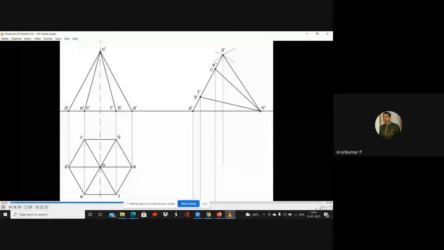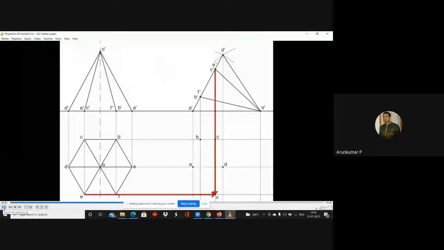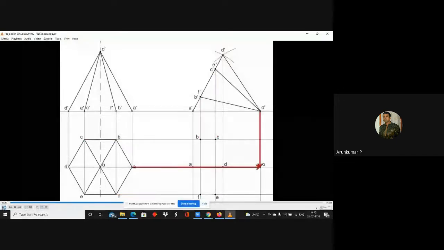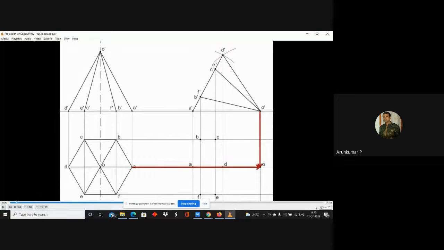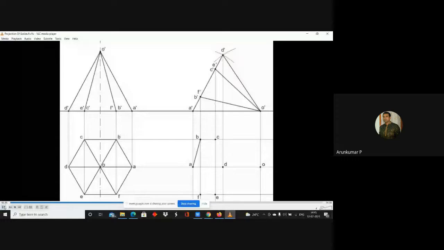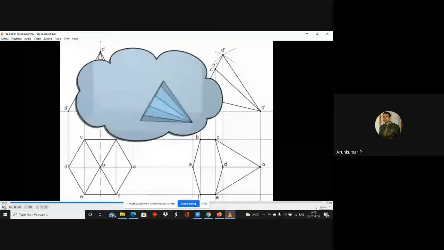Then you draw the vertical projections, make them intersect with the horizontal projections. And then one by one, you mark the intersection points. So there will be 7 intersection points, 6 for the base and 1 for the apex in this case. So this is how the intersection points are marked, and then you draw the top view. So in the top view, you're going to see the hexagon base, and see, this is the top view.